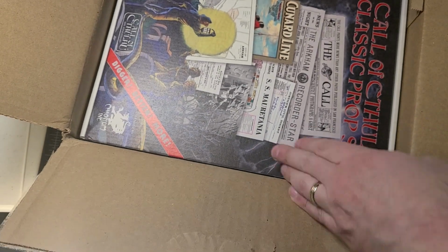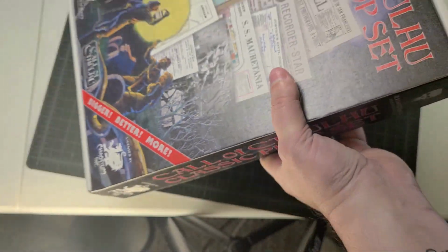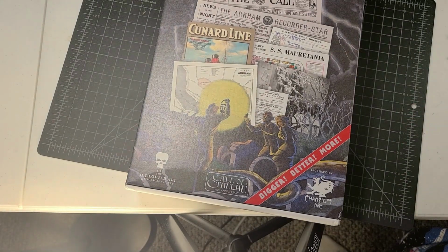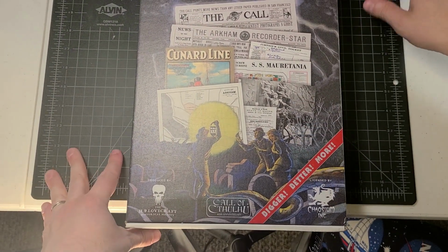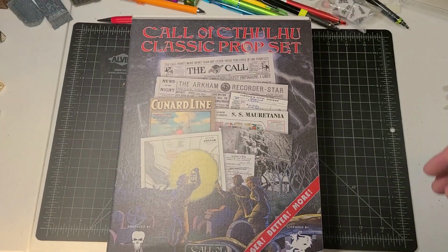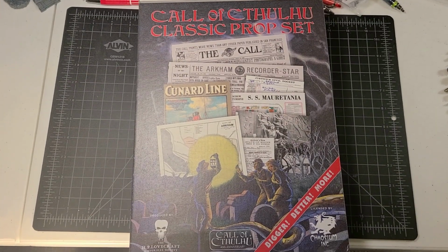I know that many of you have seen many videos of an unboxing of the prop set, and so in that regard, what I thought I'd do that is a little bit different is that, yes, I'm going to open it up so anybody who maybe hasn't seen what's inside can see the basics of it, but what I thought I'd do differently is I'm going to shoot this video in two parts, and the first part is going to be tonight, what you see here. And the second part is going to be after I get a chance to